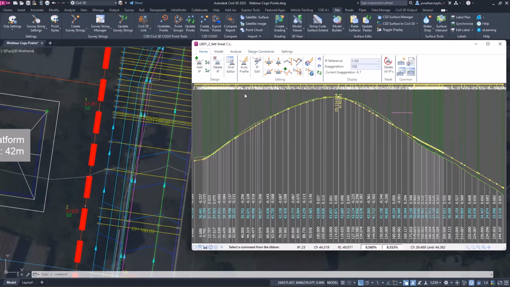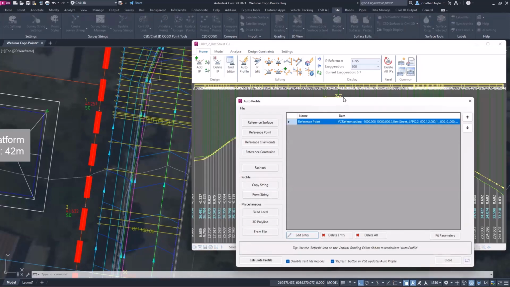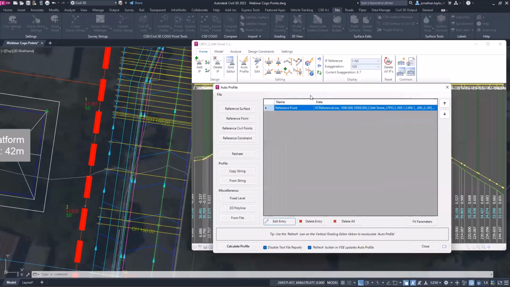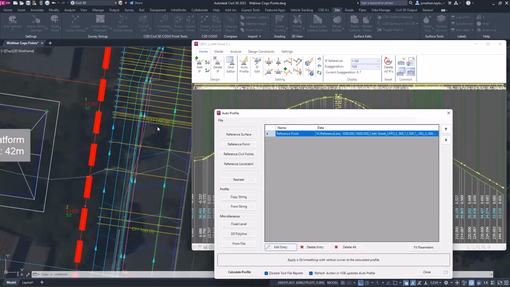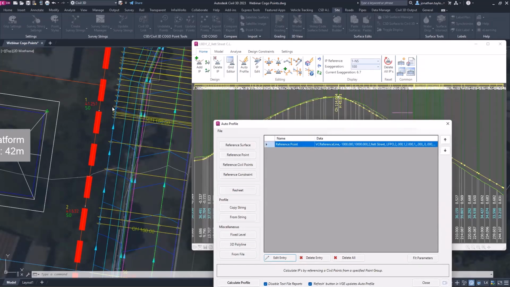Let's pop back to the home tab. So let's say I need to be 0.5 meter below those Cogo points. What we can do is go auto profile. You can see I've got a reference point entry in there. And again, if you want to learn more about reference point, click on that little button. What I'm going to do is say, okay, so I'm at the moment 2% above my footpath. I'm designing this boundary, but what I need to do is just see where those points are going to strike